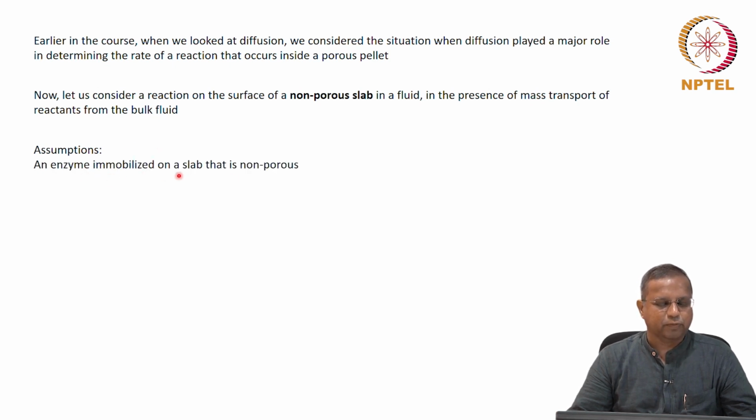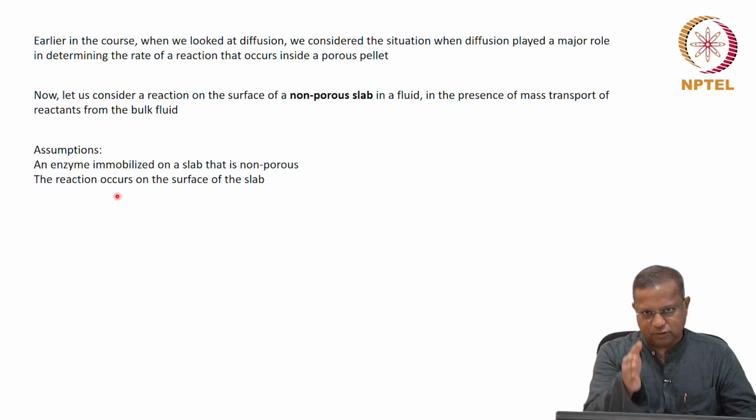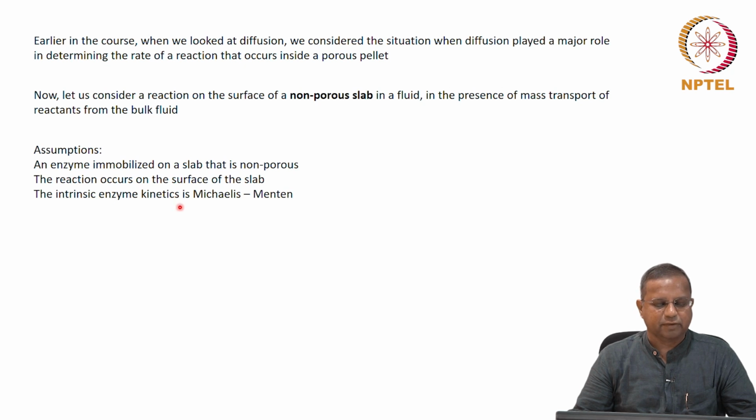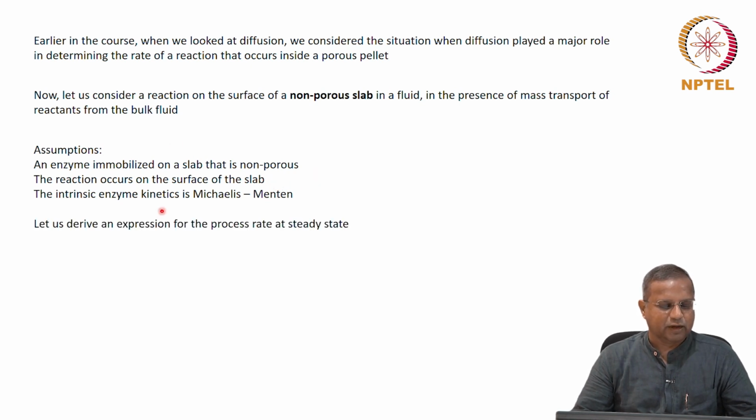An enzyme is immobilized on a slab that is non-porous, that's the statement of the problem itself. The reaction occurs only on the surface of the slab. The intrinsic enzyme kinetics, the solution kinetics, is Michaelis-Menten, and therefore the immobilized constants, the Km dash and Vmax dash, would be different from the case of Michaelis-Menten, but that is okay, that we already know. The form of the equation would be the same,